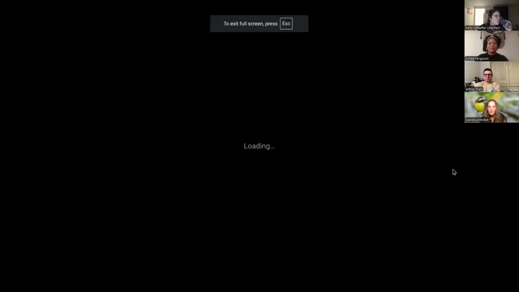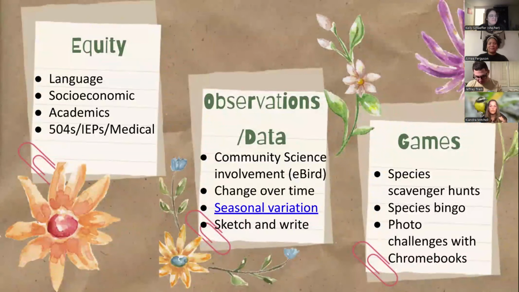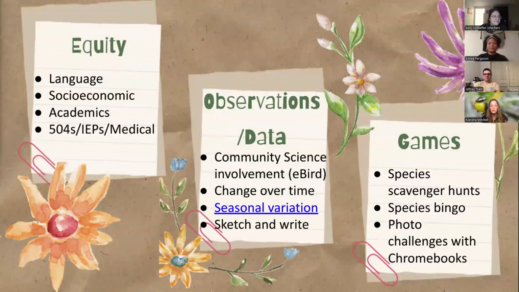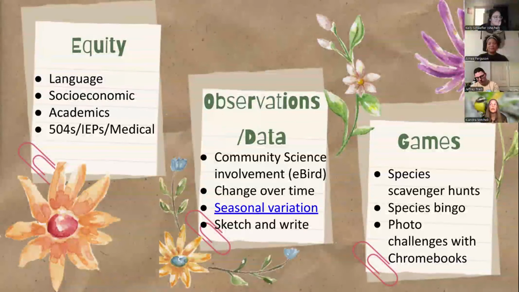Here we go. Sketch and write. This was already alluded to before. You can take the notebooks outside and give them choices. They can choose to draw what they're learning, or write about what they're learning, or combine it. For the English learners, I let them do it in their own home language, and then we translate it when we get inside. So there's a lot of building of skills about real things that they are looking at.